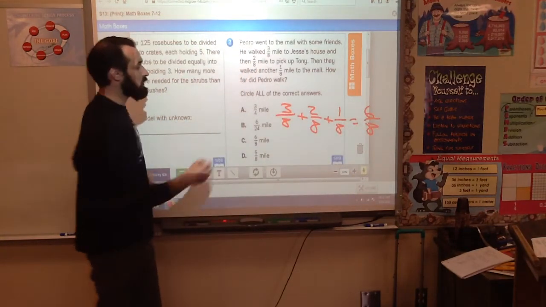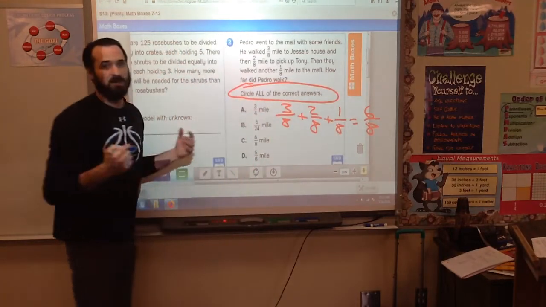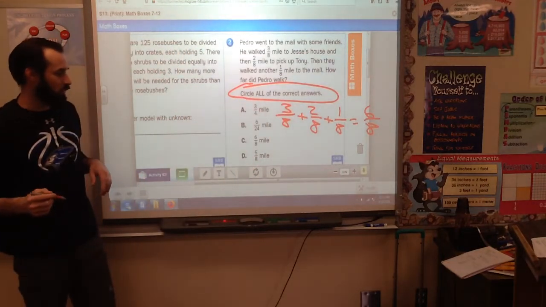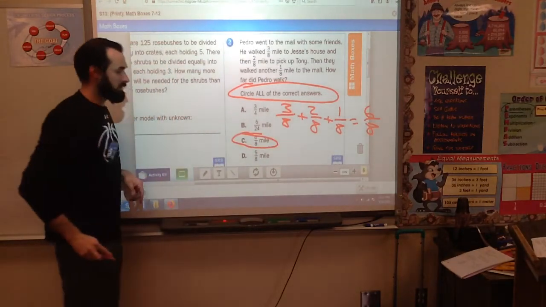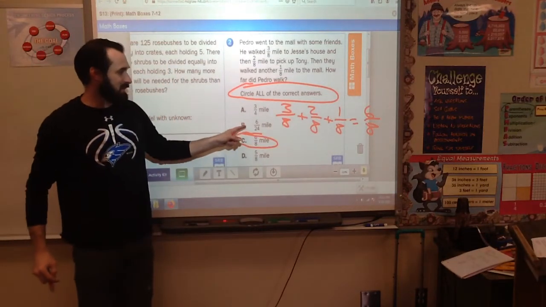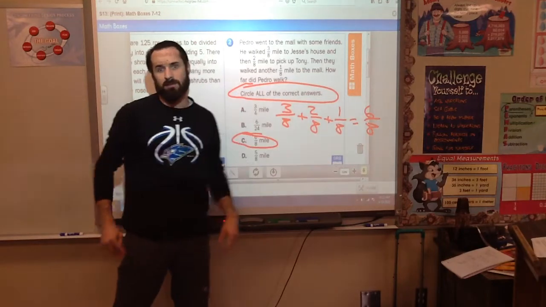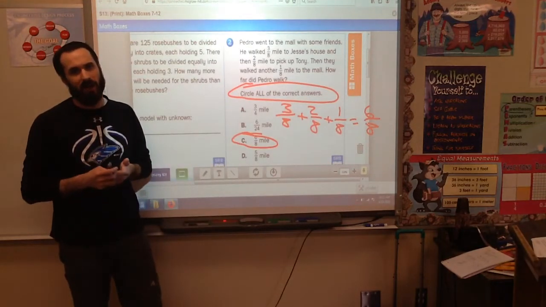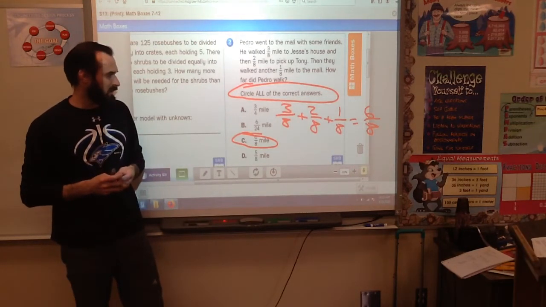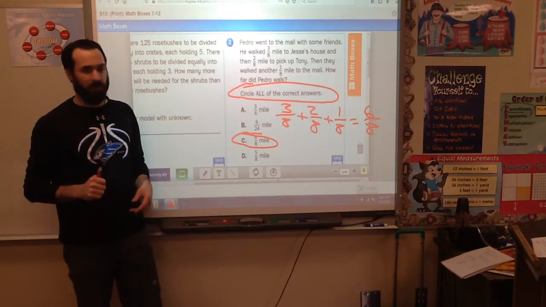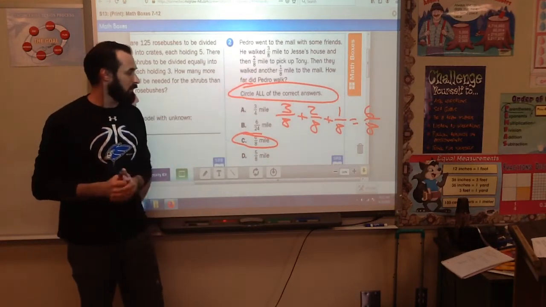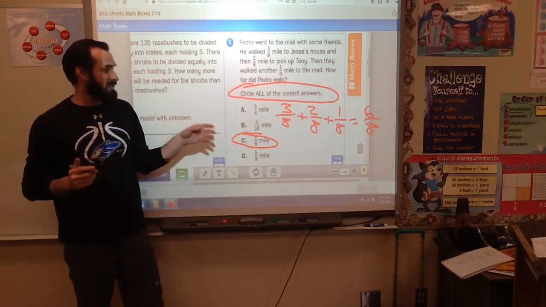So it says circle all that apply. When you see that in your math journal, it generally means there's more than one. So the one that I know it is C. If you got 6/24, that's because you added the denominators. And when you add fractions, you don't add the denominators. If you got 5/8, you maybe forgot to add the 1/8. But 6/8,